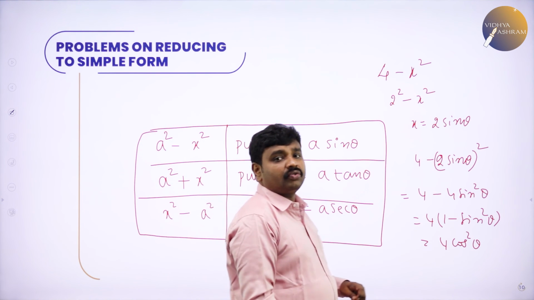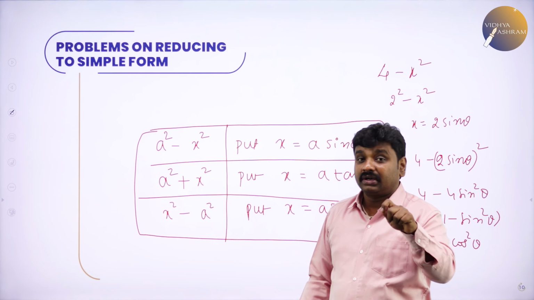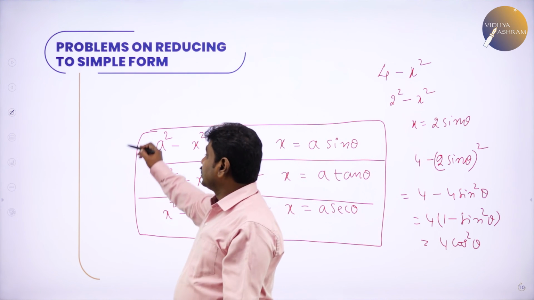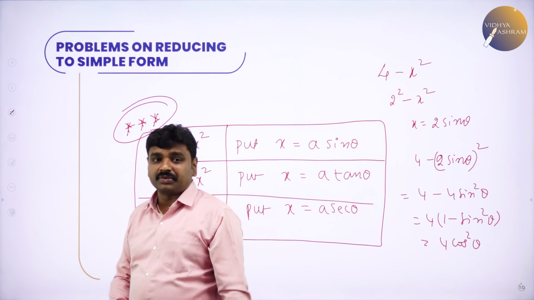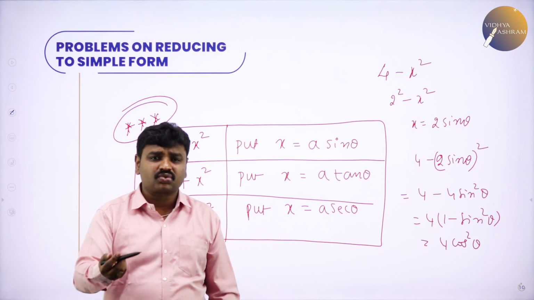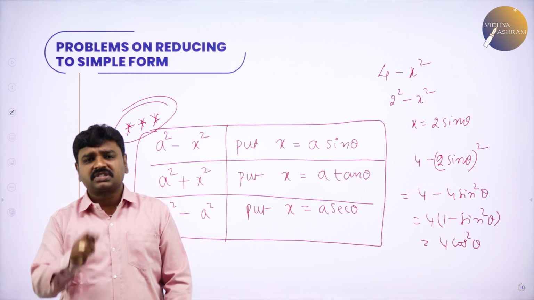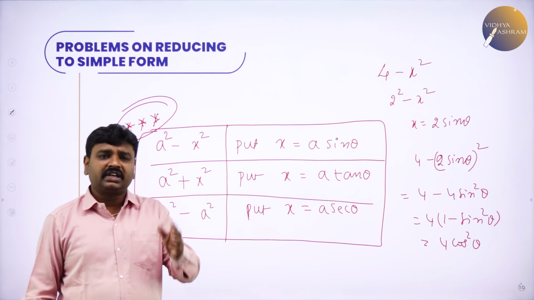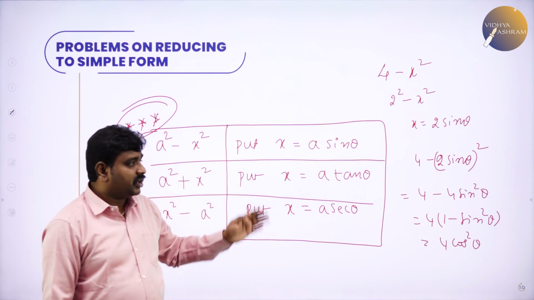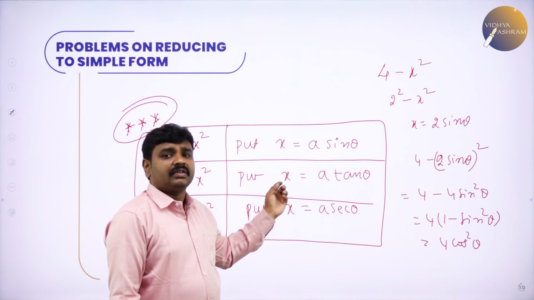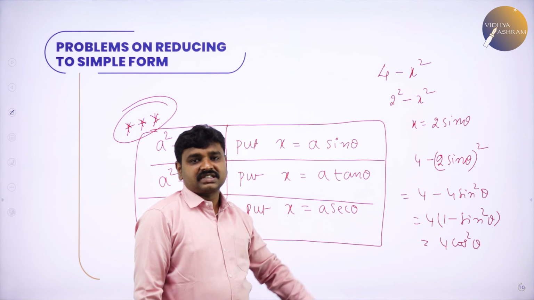So I will be waiting for you in my next class. But if you want to attend my next class, class is simple, assignment is simple. Become thorough with this table of substitution. Remaining all you know. What is 1 minus cos square theta? Sin square theta. What is 1 plus tan square theta? Secant square theta. Trigonometric identities you studied in 11th or first year. So the same things we'll use, but they will not be readymade. We have to rearrange and get identities.